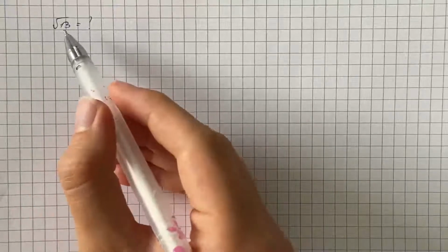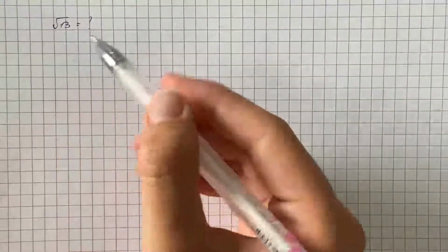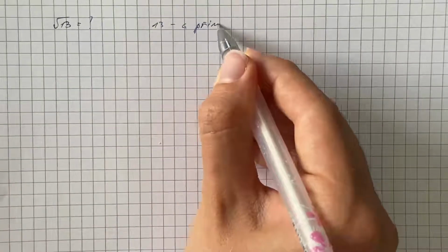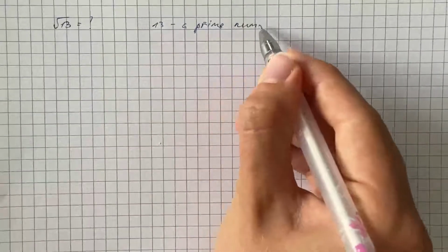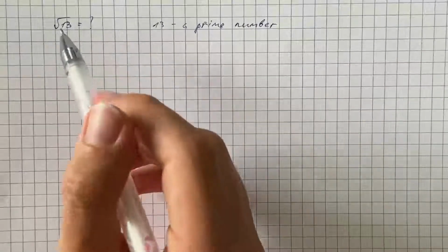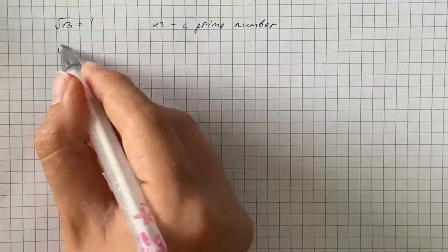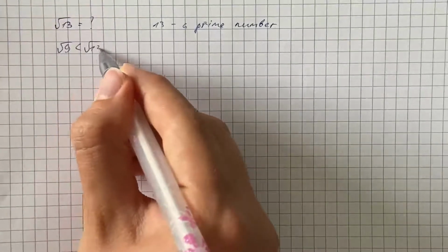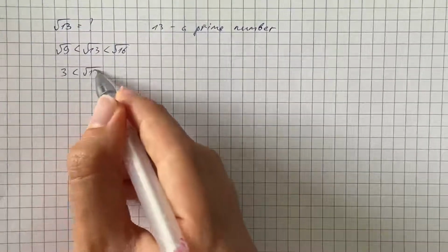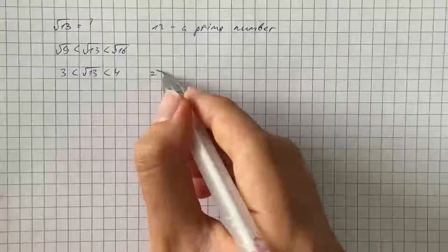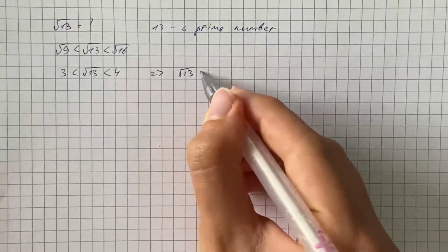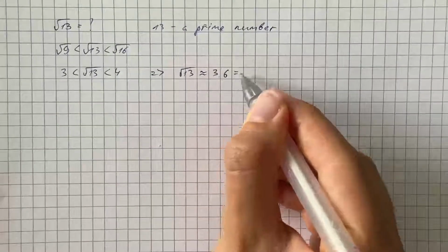So we have to find the value of square root of 13, and since 13 is a prime number, there is no simpler form for its square root, and square root of 13 is an irrational number somewhere between square root of 9 and square root of 16, which is basically between 3 and 4. Therefore, a reasonable first approximation would be that square root of 13 is near 3.6, which is the same thing